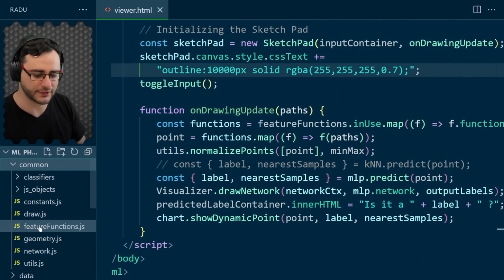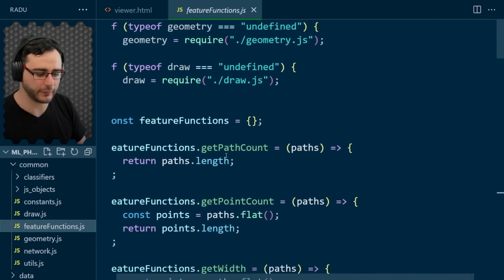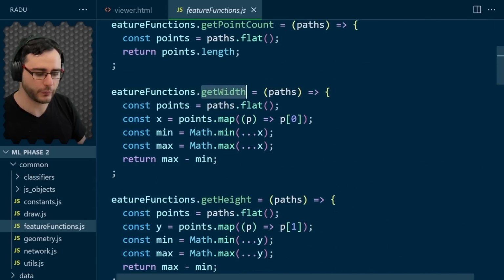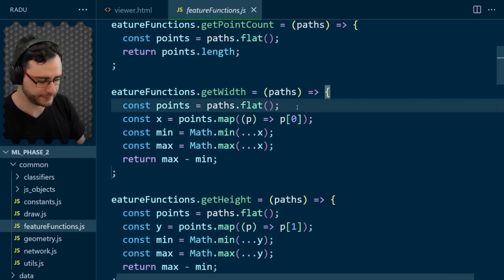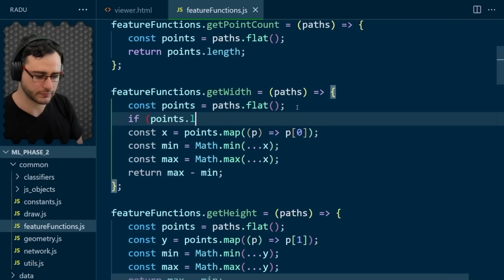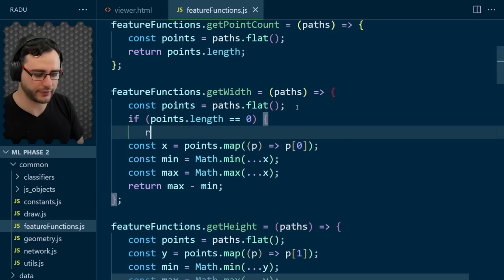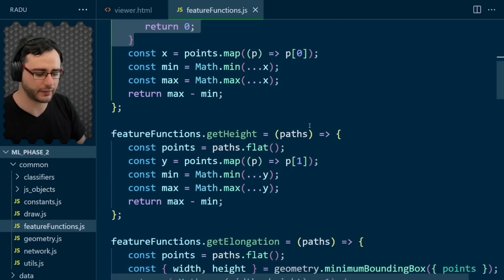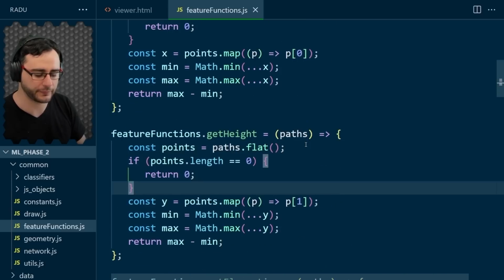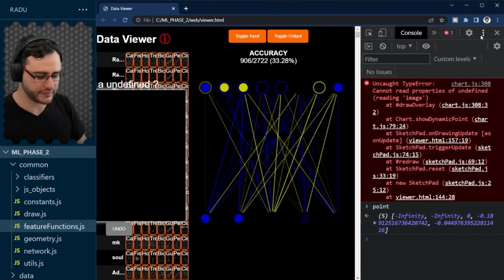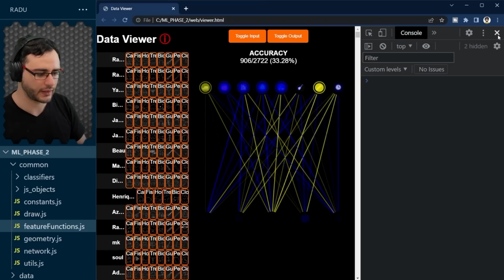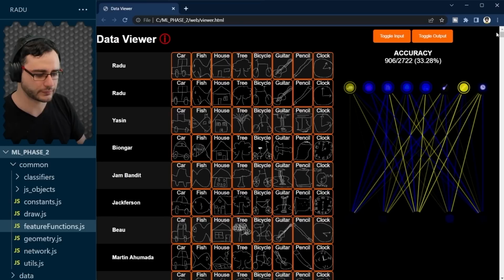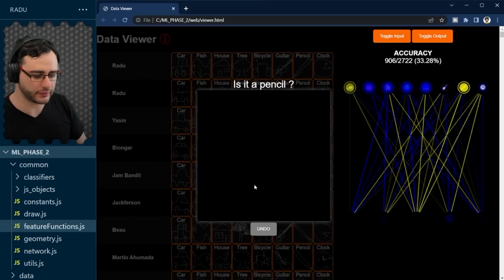So inside of this feature functions, at the top, our width here, if the points are empty, if there's nothing there, I'm just going to return 0 for the width. And same thing will happen for the height as well. Now let's refresh this page and close this console, toggle the input, and now